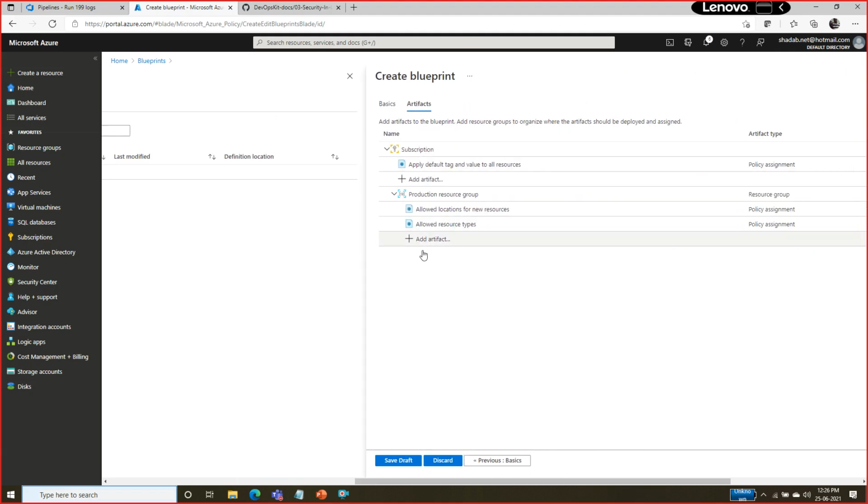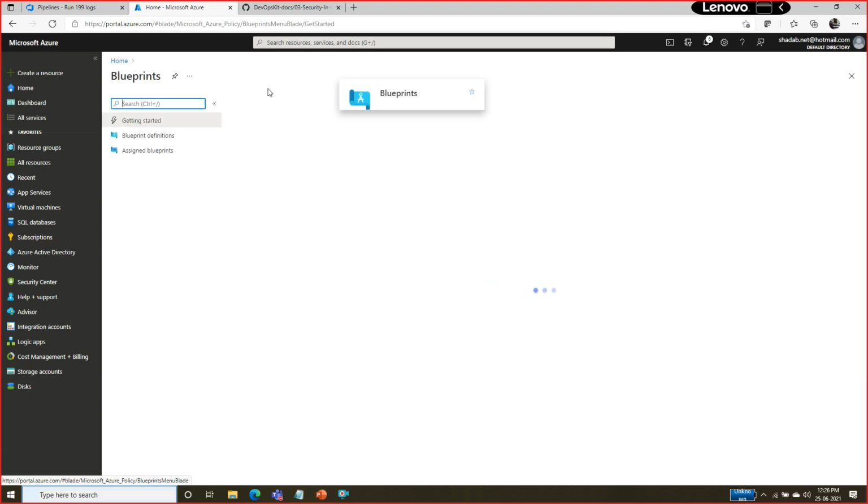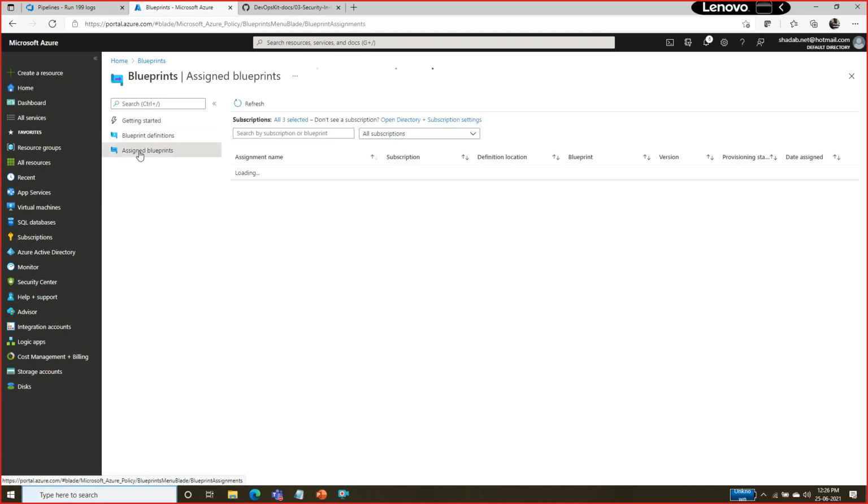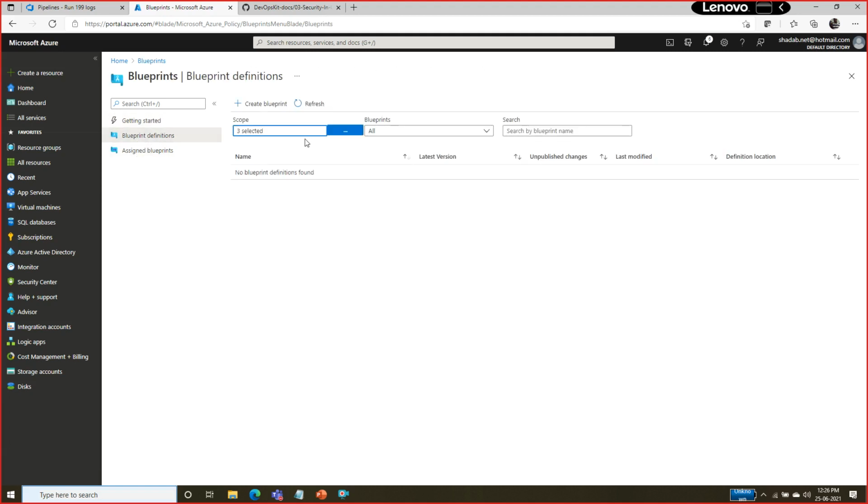Once you've created a blueprint, we select which subscription we are going to apply it to, or we add any artifact and assign those policies, and then save them. So you define the policy and then assign the policy, and you will be able to see all the compliance requirements which can be followed by the blueprint standards.